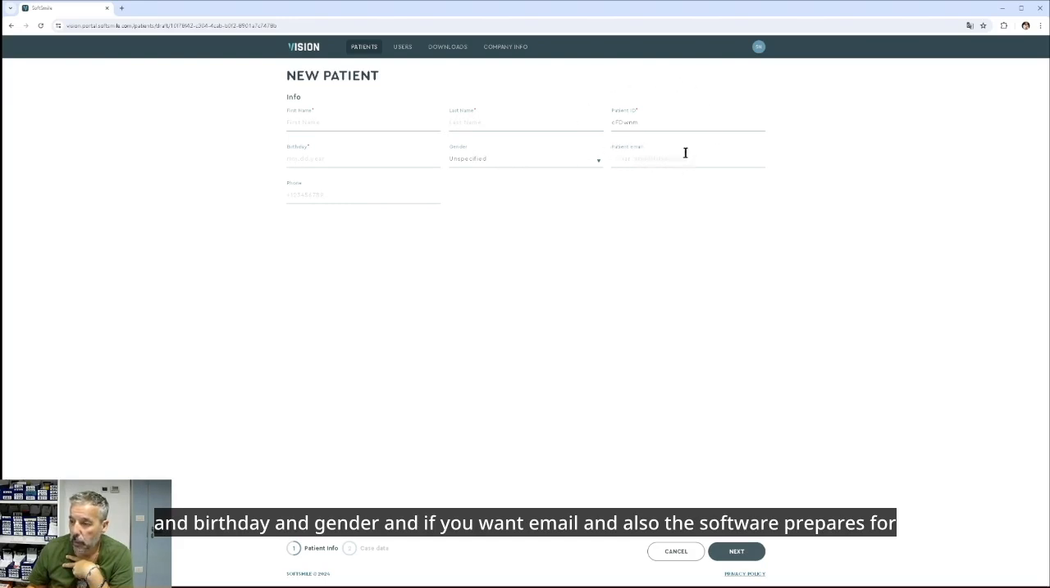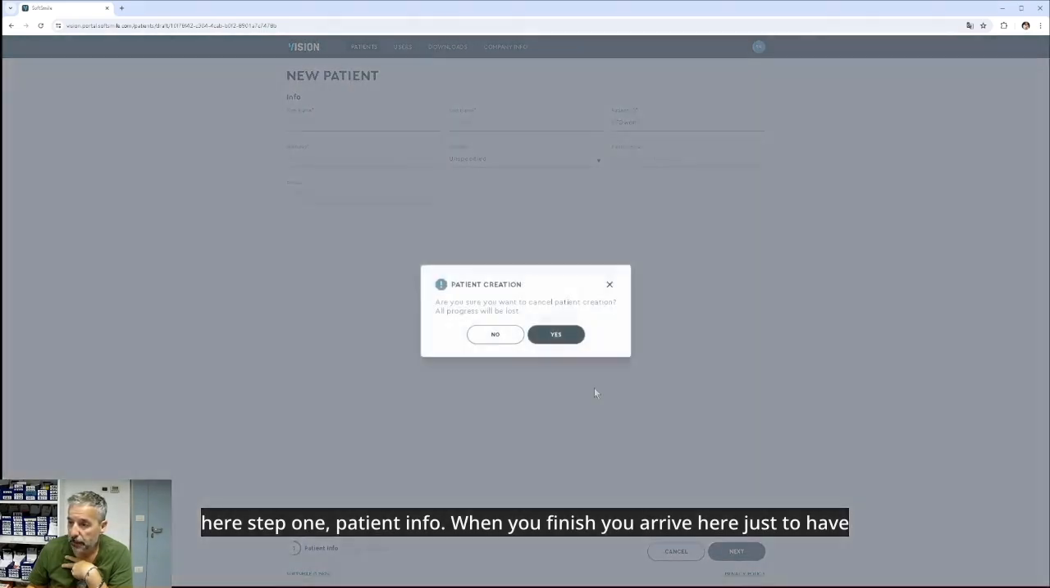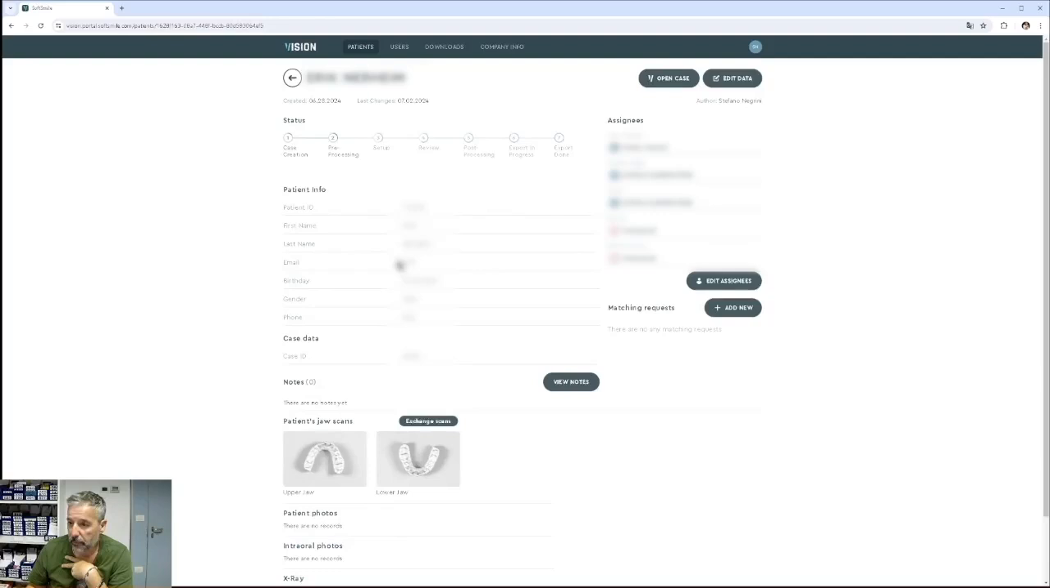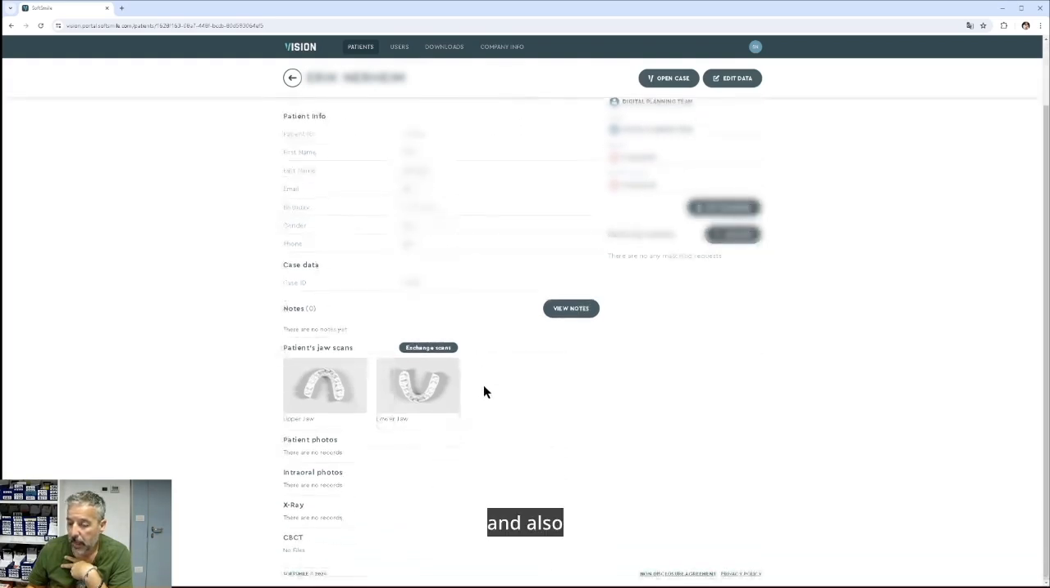And this is step one. If you see here, step one, patient info. When you finish, you arrive here. Step two, pre-processing. And you have the patient ID, first name, last name, email, birthday, gender, and some other info. And also, you have the possibility here to